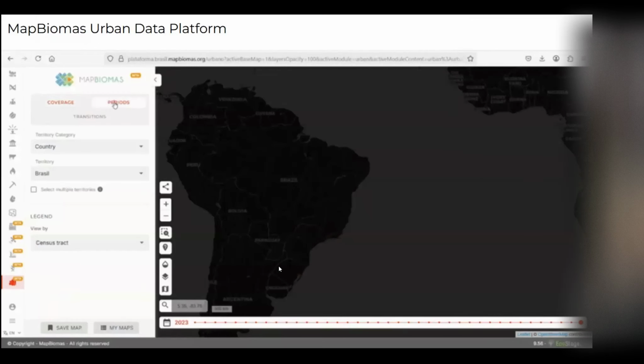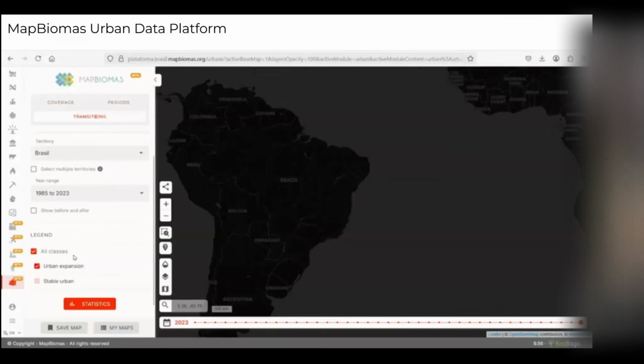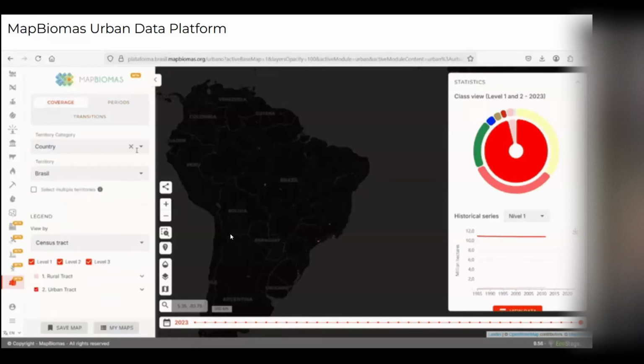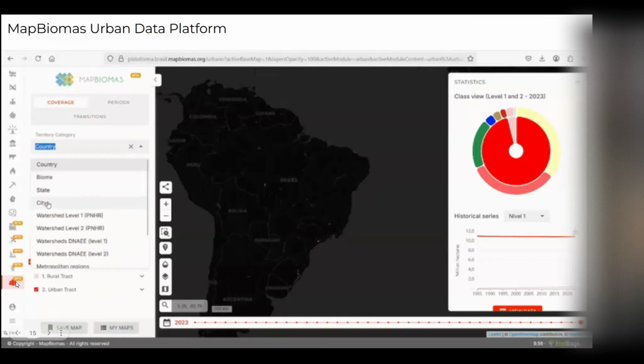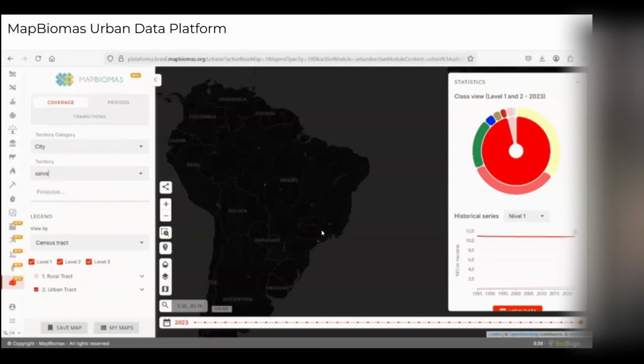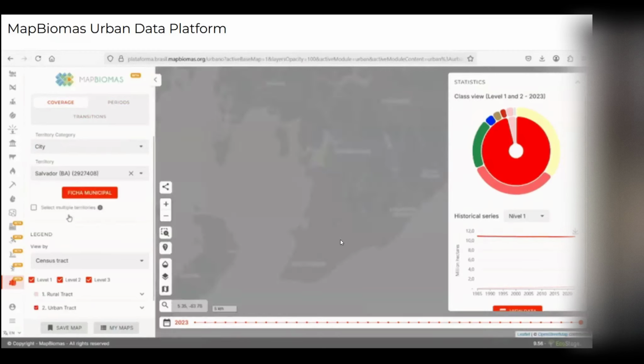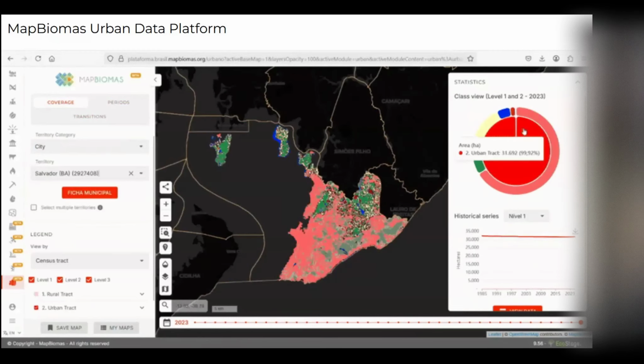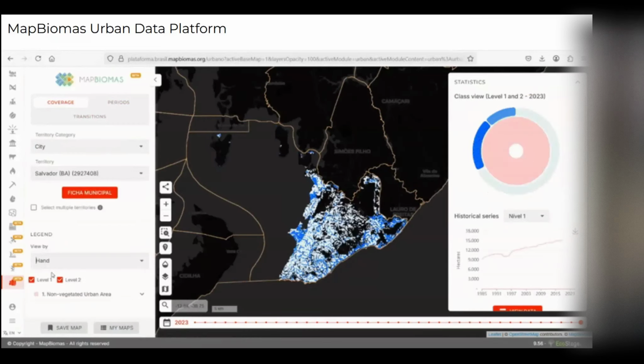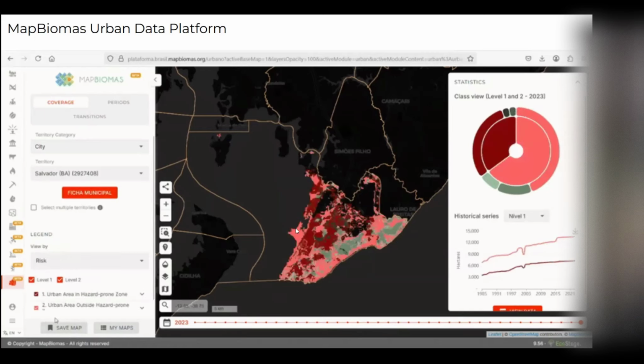And since we have all these data sets, and this is what I'm going to explore a little bit with you, we put them together in different platforms. There is one that I love so much, the urban data platform that I'm building together with others, and I will show you how to access it and some ways to explore it, to look at the maps, to understand the dynamics of the different Brazilian cities. The same thing will be available for all the other cities in Latin America. Not now, but like I said, in a few months, we're going to put together the same data sets inside a huge platform, and we're going to update it every year. You can access it, and I will send you the link later.